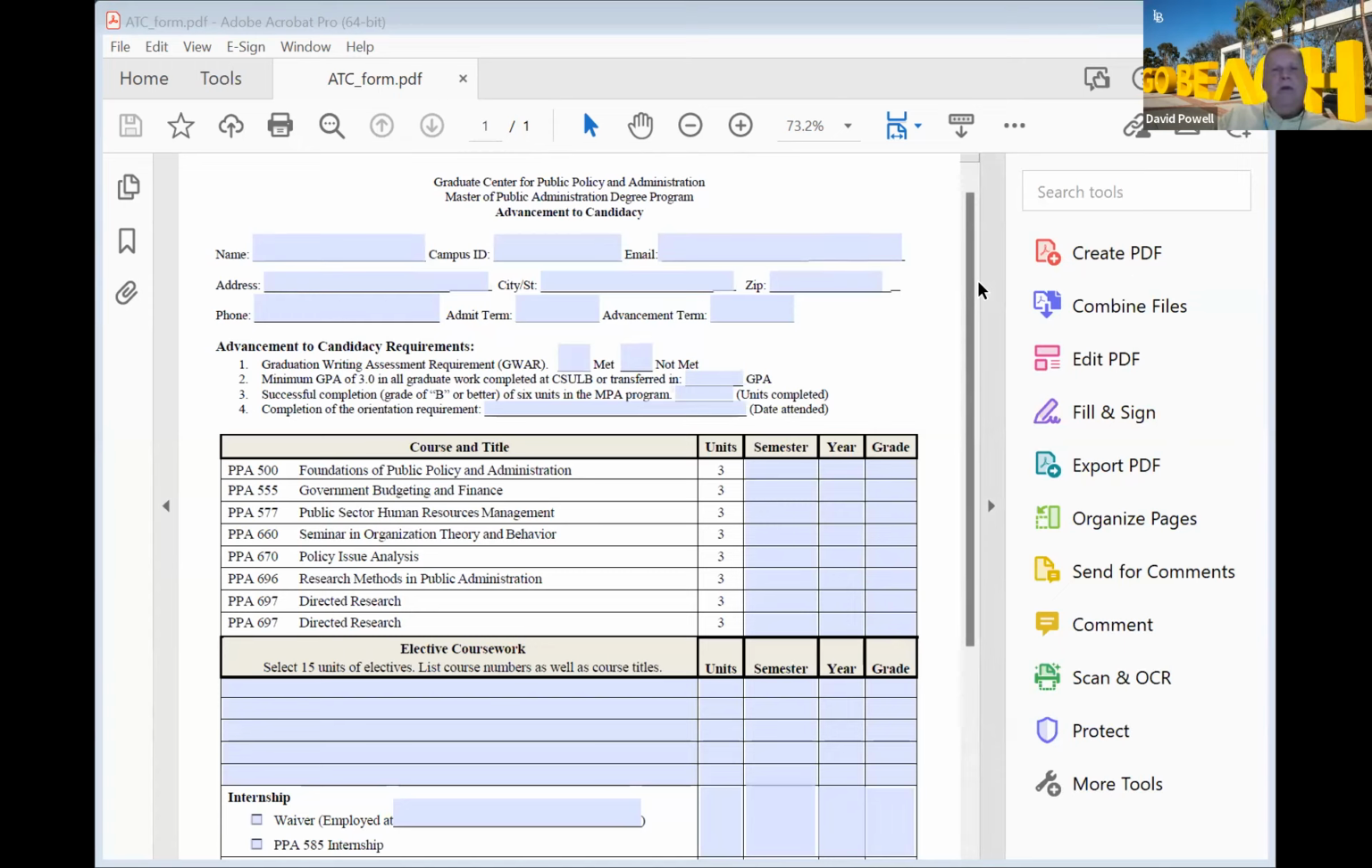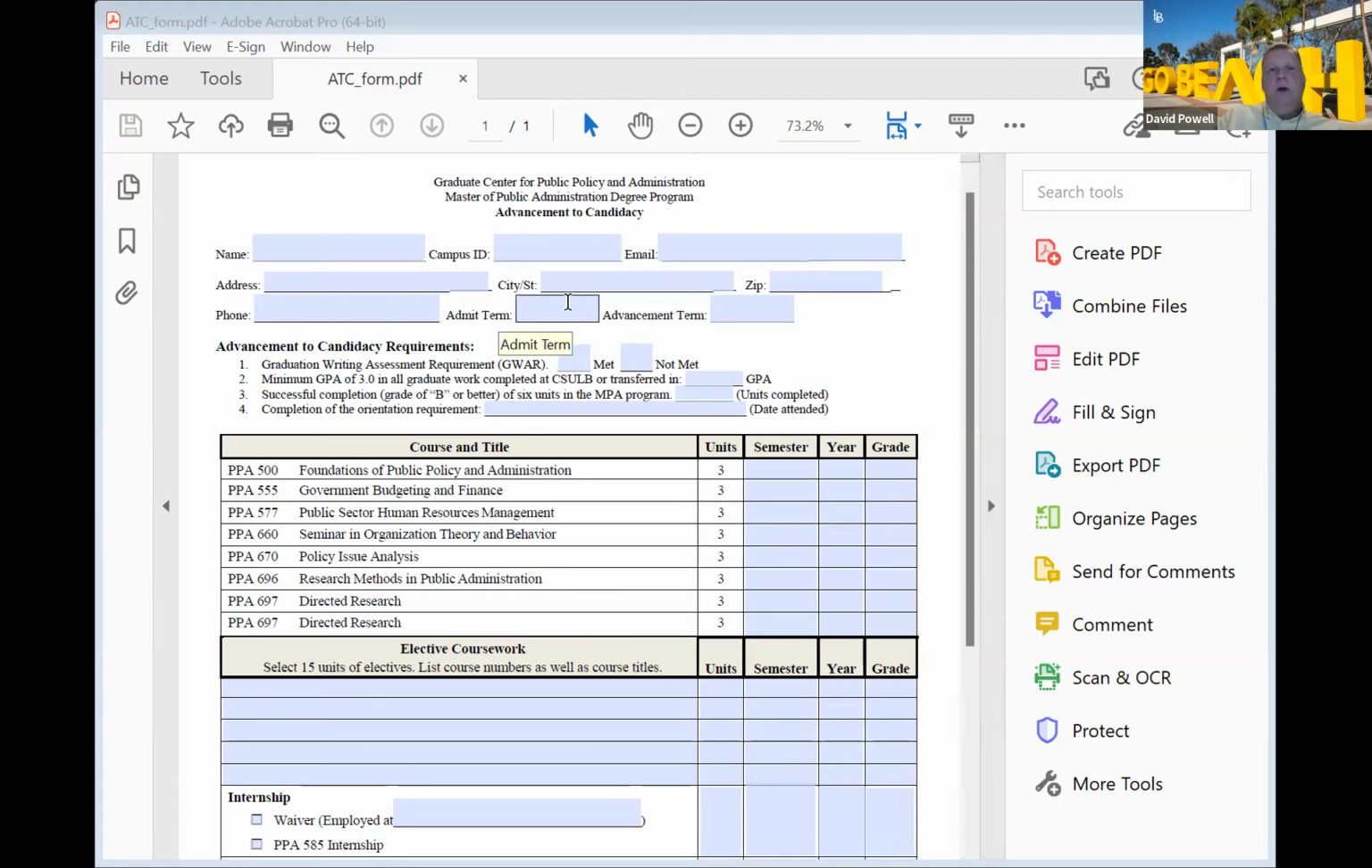There are different advancement forms depending upon which track you are in. The one I'm showing you on the screen is for the general MPA, which again is what most people are going to be enrolled in. So this is a form that most people are going to be using, unless you're in the urban affairs or the public works options. It's a very simple form, just your basic information up here, your admission term, which would be spring 2023,